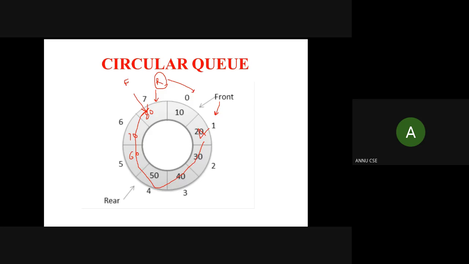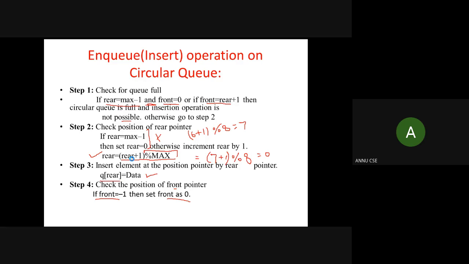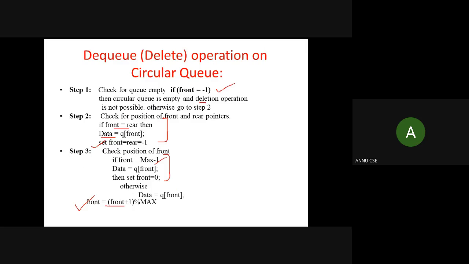The next value that should be set for front should be 0 after deleting this 80. So again, we are using the same kind of formula to update the new value of front in this kind of situation. We will prefer this statement only to update the new value of front, using the formula front equal to front +1 mod max size.